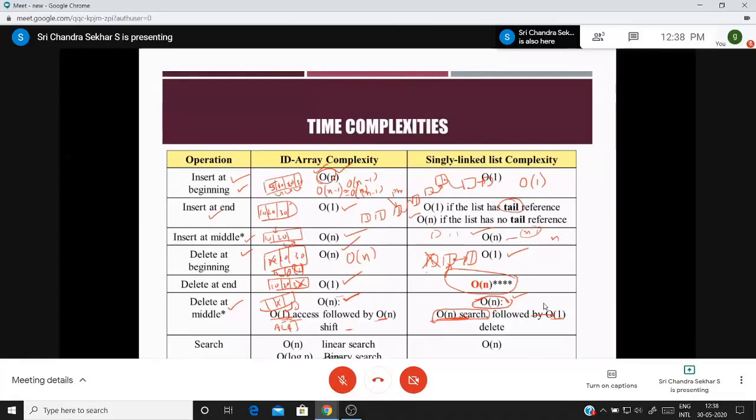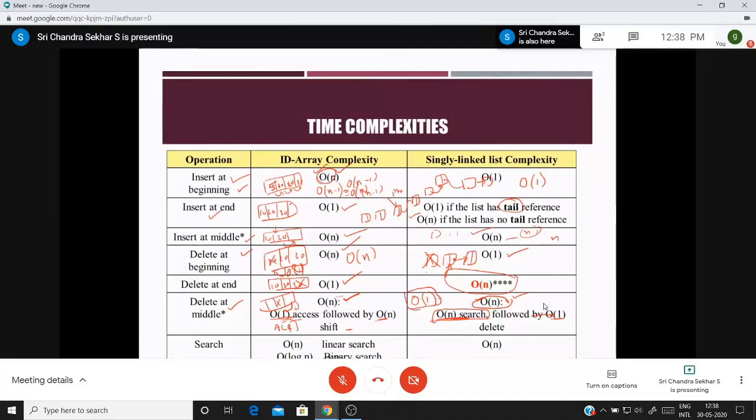For example, if I have 5 elements, you want to delete the third element. And he is asking how can you perform the deletion of exactly the middle element with big O of 1 time complexity. You suggest one method.